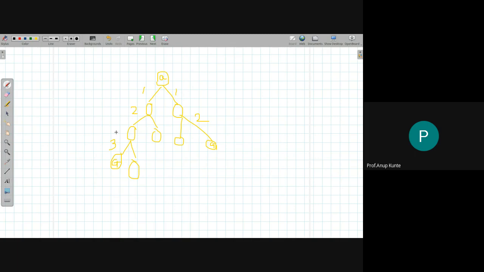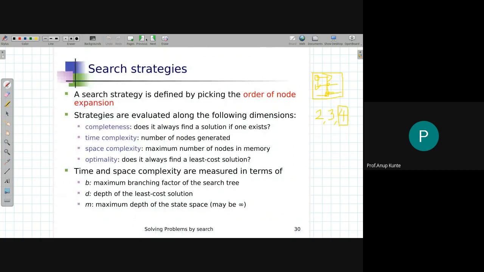What is the cost of this action depends on that problem. It may be very less compared to a solution that requires you to take 2 actions, but they are costly actions. That may also happen. So in this context, now we'll learn what we mean by D and what we mean by M. So D is the depth of least cost solution.